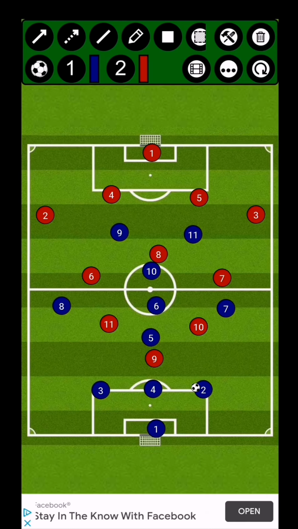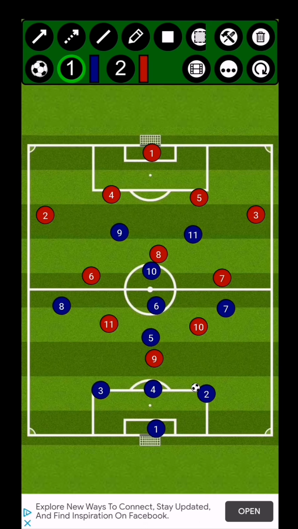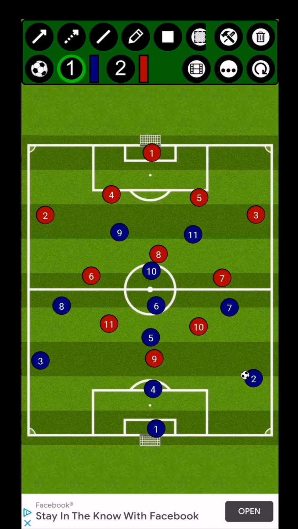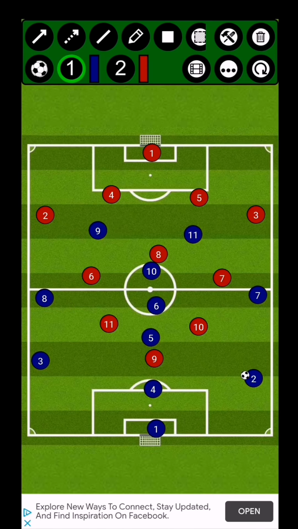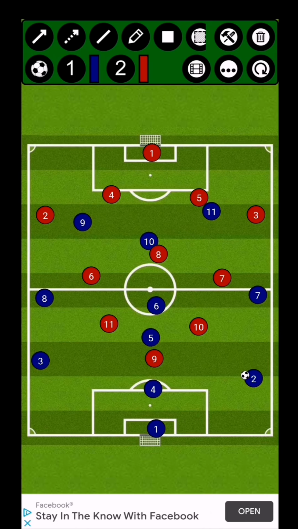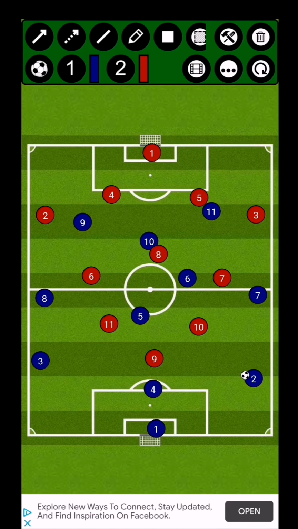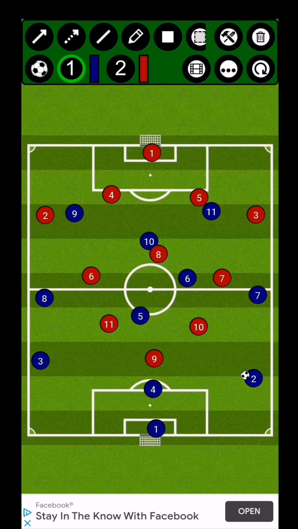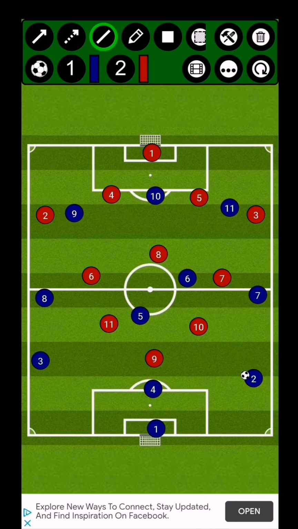Okay, now if we have the ball, what you want to do as a team is spread as much as possible. So let's say that the fullback number 2 is carrying the ball, and if the red team is allowing us to stay in their half and they're not pushing us out, so we stay in an offside position, and then you obviously want to get into their zone as much as you can and leave some space,